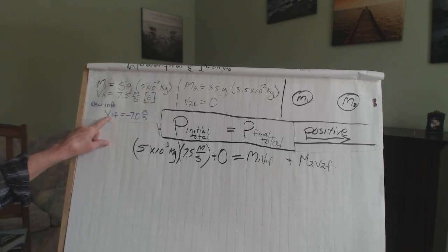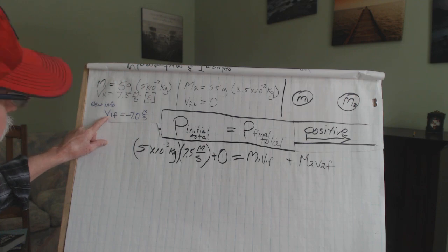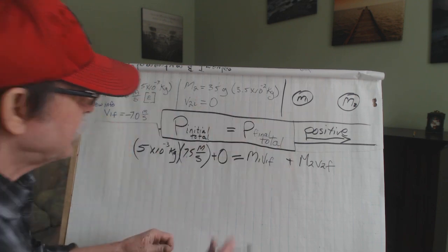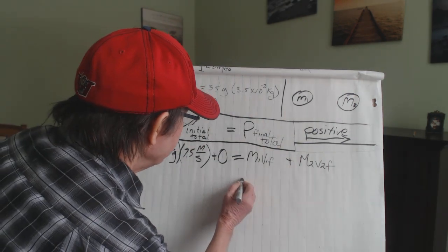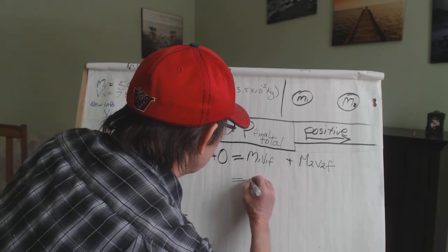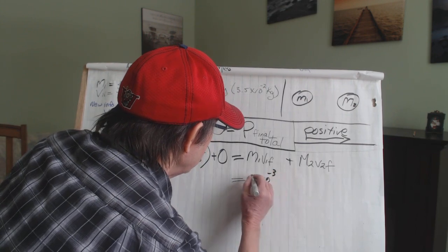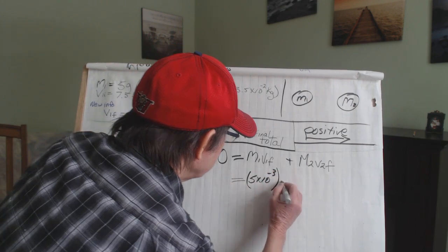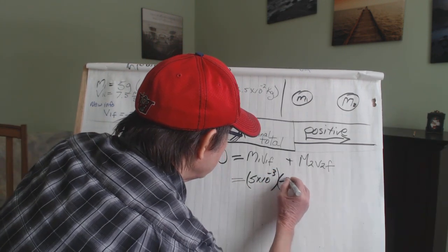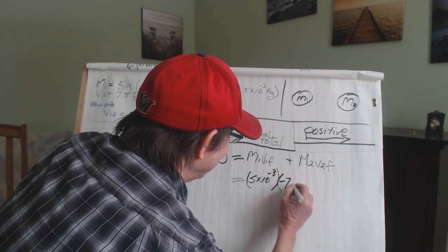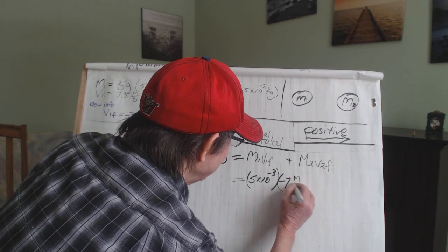And remember, v1f has got to be a negative, so I'll write that in. That'll be 5 times 10 to the minus 3 kilograms times negative 7 meters per second,